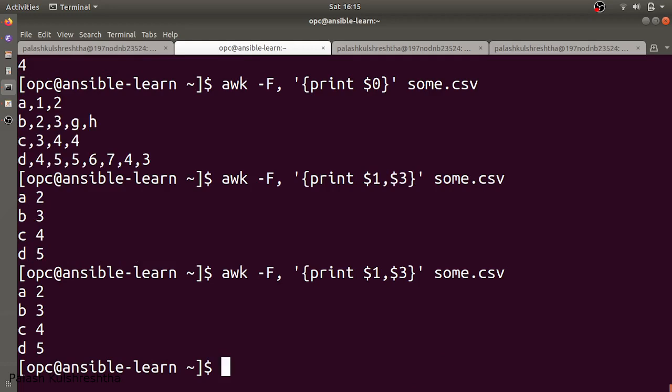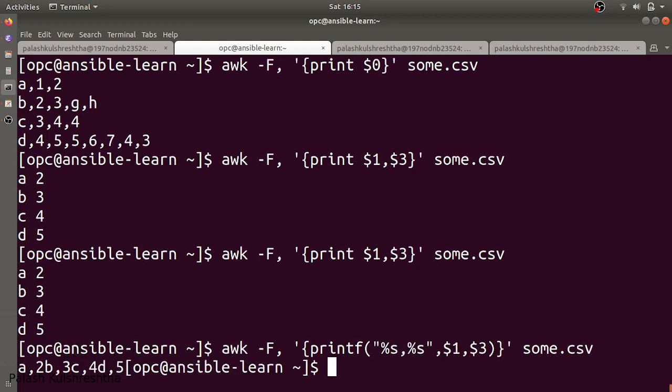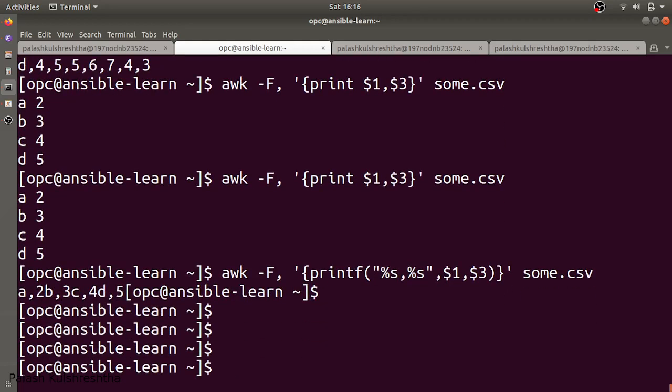If you want to print them in a particular format, there's also the printf function present, in which you can give the placeholders as %s and the values as $1, comma, $3, and it is going to give you the output.